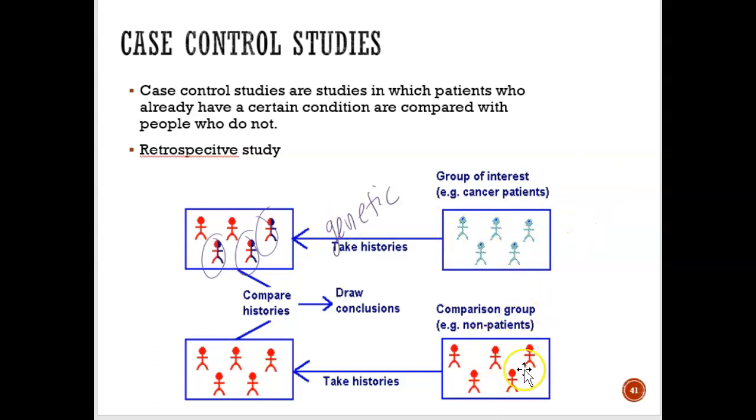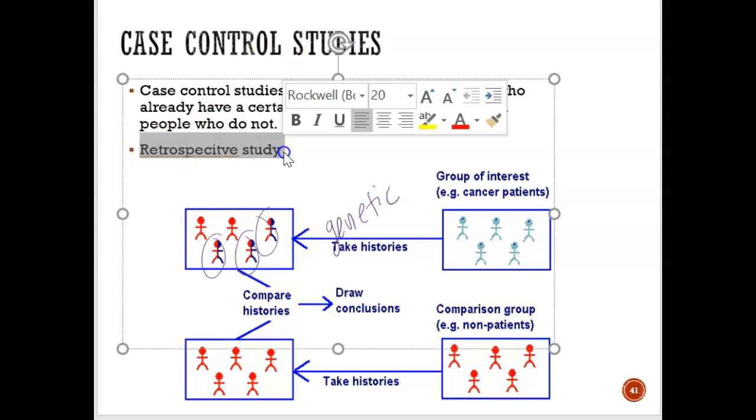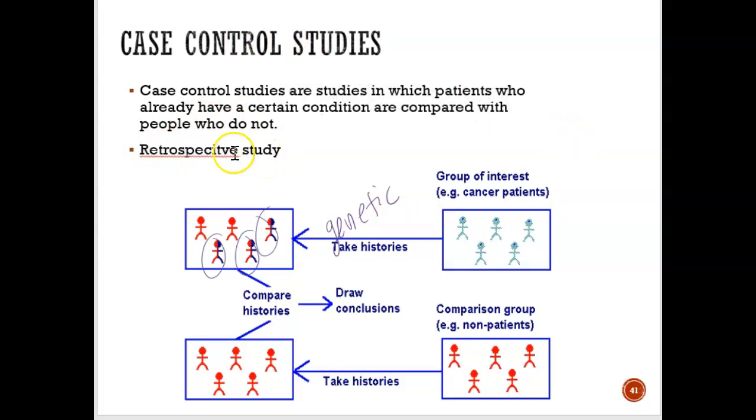Whereas when you look over here and you go back, you'll see that none of them have breast cancer. And the reason, when you look at the history, is because none of them had a genetic component. Their mothers or grandmothers did not have any breast cancer, and that's why they didn't develop breast cancer. So case control is known as a retrospective study, and the reason why it's retrospective, retro means going back,